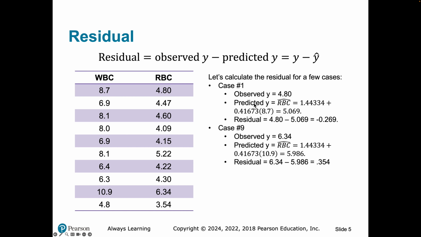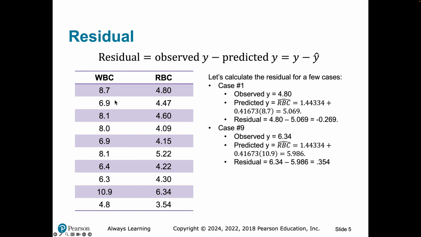The predicted y is taking our model and inserting that case's x value in the model and predicting the y. Okay? So the difference is right here, the observed 4.8 comes from the data, minus the predicted comes from the model,